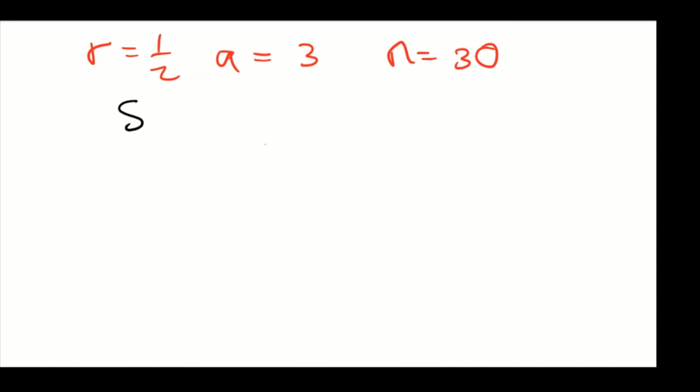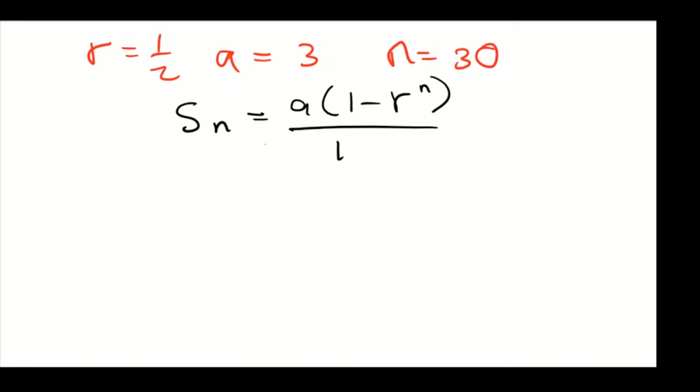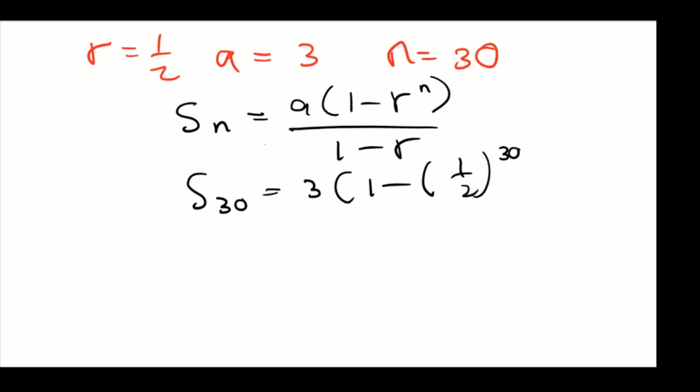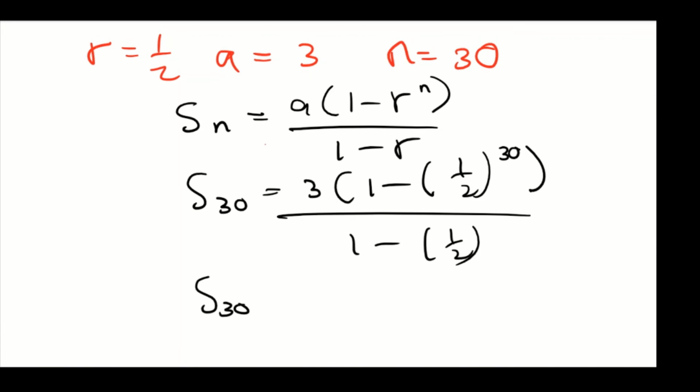what you're going to do is say the sum of 30 terms is equal to a. To find the sum, we first write the equation of a geometric sum. So it's a into 1 minus r to the power n, divided by 1 minus r. So the sum of 30 terms is equal to our a value, which is 3, into 1 minus 1 over 2, which is our r, to the power 30, divided by 1 minus 1 over 2. If you punch your calculator, you're going to get an answer that approximates to 6. So simply write 6. So S of 30 is equal to 6, and the sum to infinity is equal to 27p